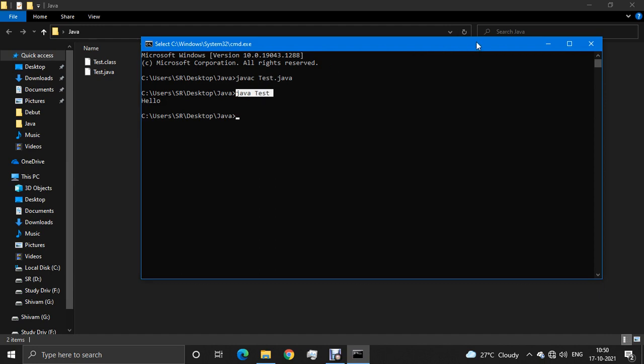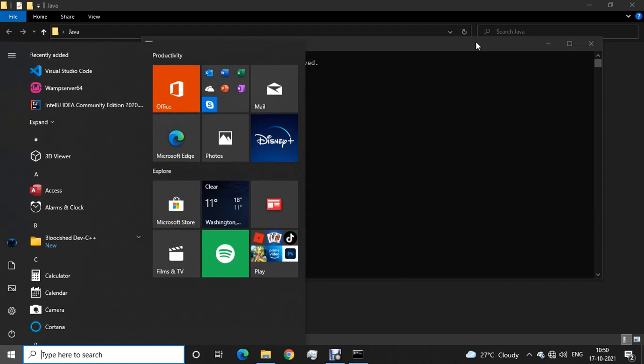So I think I have explained everything. If you are using any IDE like IntelliJ IDEA or NetBeans and you get stuck, you can comment down below and I will make a video on how to use this IDE. Mostly newcomers get stuck in those IDEs, so you can comment and I will make a video for these things.